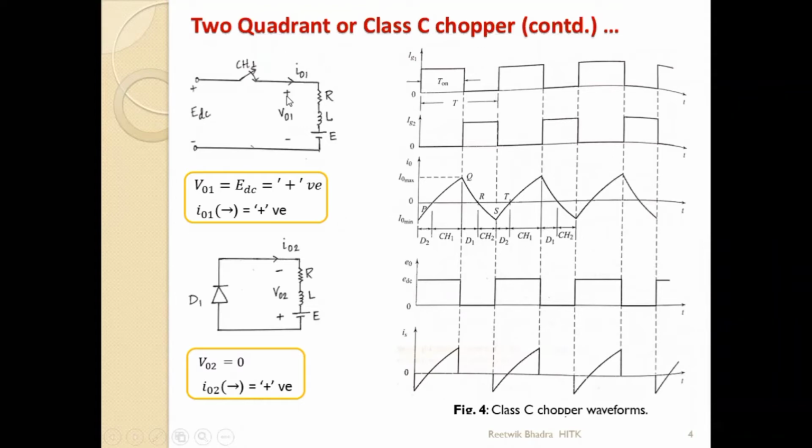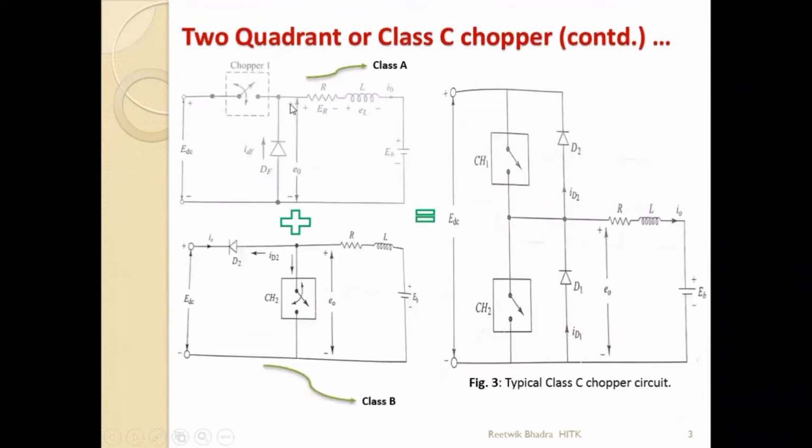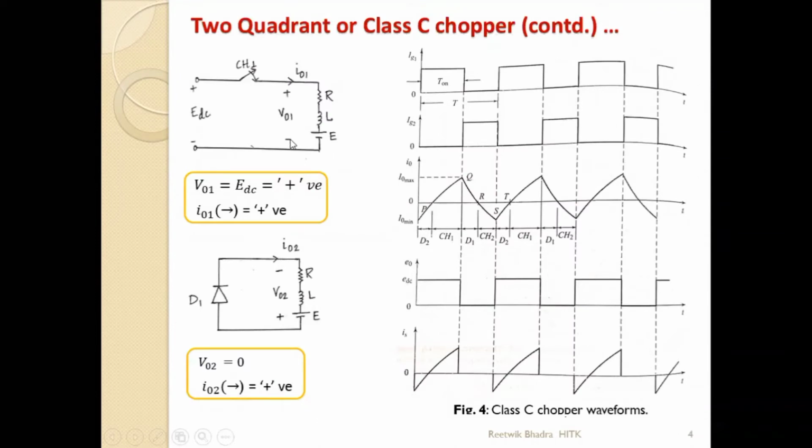If you compare this I0 and I01, they are in the same direction. This V01 upper terminal is positive. So E0 upper terminal is positive. So V01 is positive and is equal to EDC. I01 direction is this one, it is positive, and it is charging. So see, it is charging. We are drawing I0. So it is charging during this case. We are studying this region, CH1 on. So CH1 is on. V01 during this period is what? EDC, which is positive. During this period, you see E0, what is our E0 over here? It is positive, that is nothing but equal to EDC. During this period, from this line to this line, EDC.